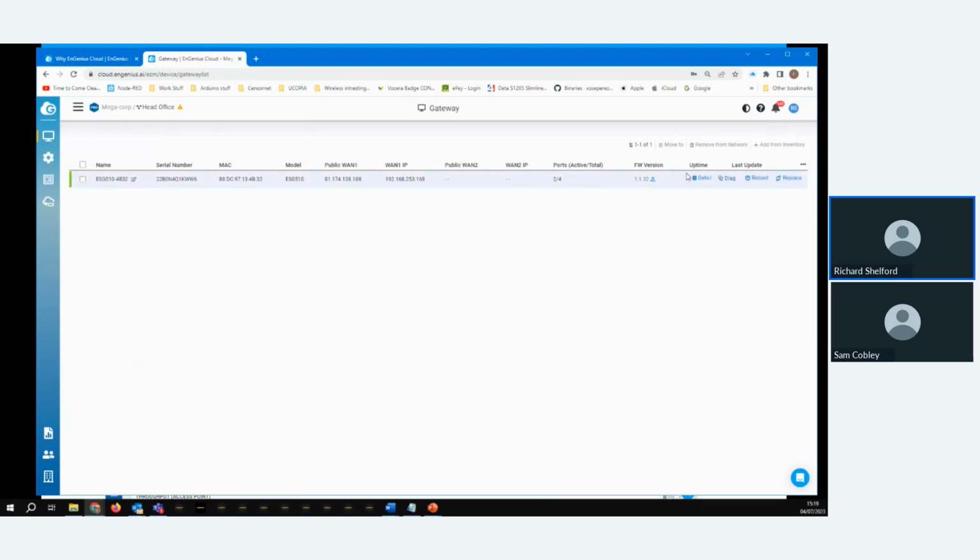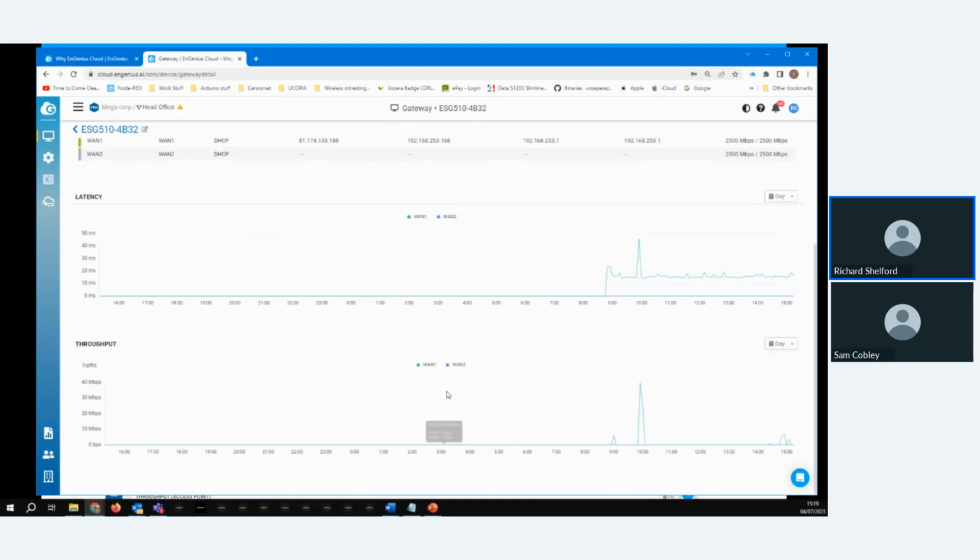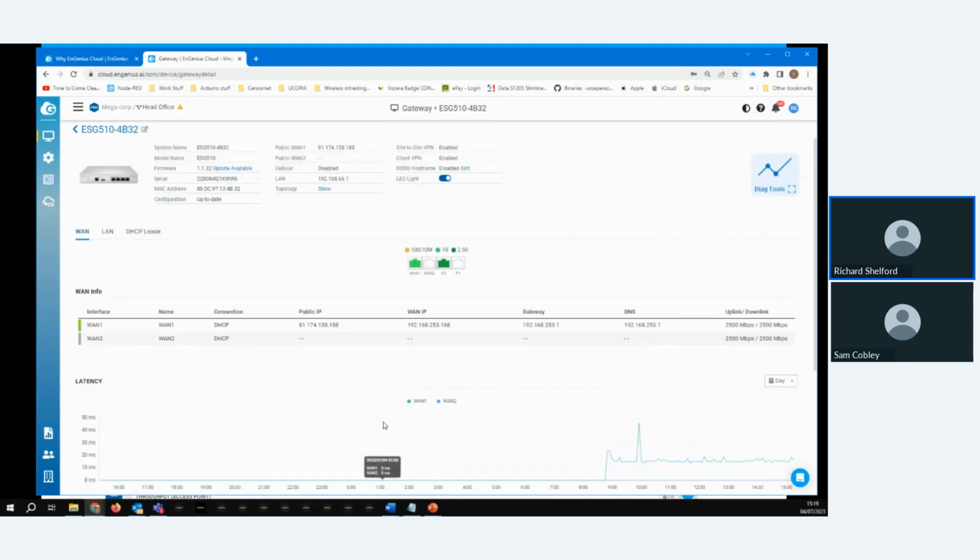Well, I can go into the details of the gateway, and we can see from here that it's got the WAN interface, and it's got two of them. Here is just purely looking at the information. I can't make changes to the configuration here, but I'm seeing the overview of the environment. What interface is being used, what speed they're actually at. These are connecting at 1 gig,